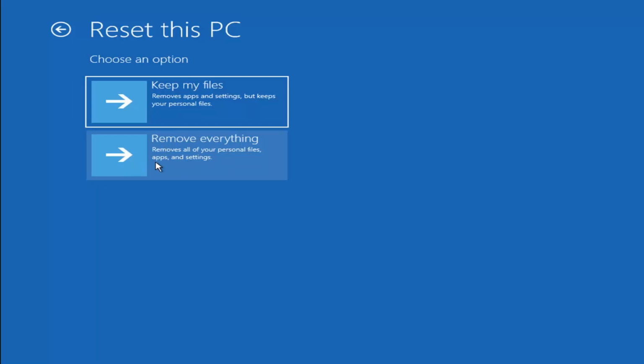So this is more of a factory reset, the second option here. The first option should not delete all of your personal files. However, it will pretty much clear most of your programs, and keep in mind, there's no guarantee that your information,